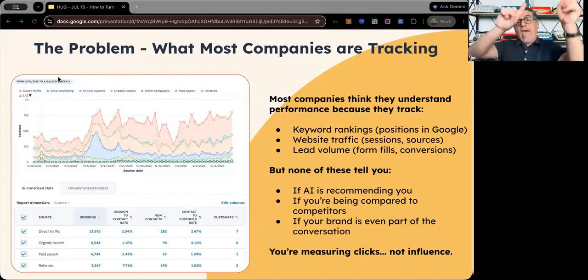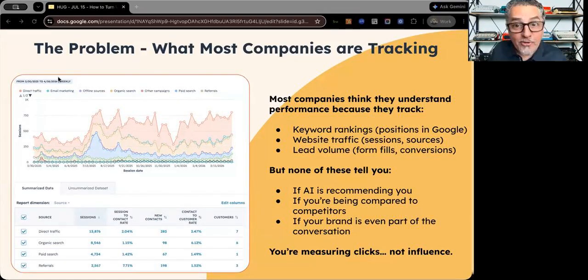So believe it or not, you need to ask clients, how are you finding us? Remember when we used to ask that? Did you come from the Yellow Pages? Did you come from our ad in the newspaper? Did you hear us on the radio? Well, nowadays we need to do a similar thing. Understand where your clients are coming from, because they might be having a continuous conversation. They found you on AI, they searched you, they did all the research, they bought the product, and you never knew it because they never got to your website. So that's another thing to keep in mind. We're going to talk about how to track that today.